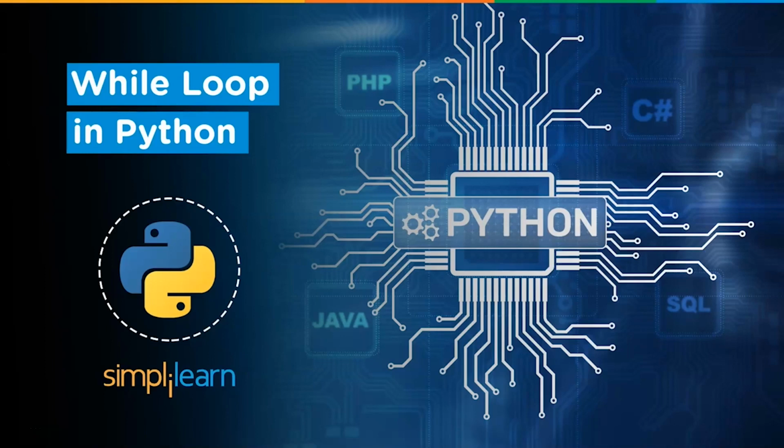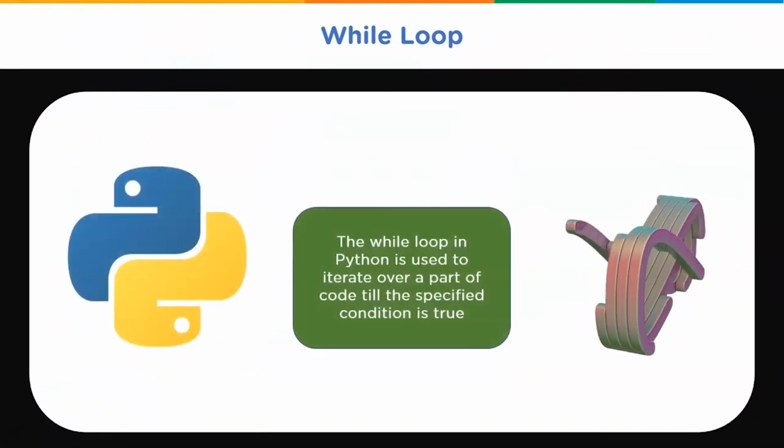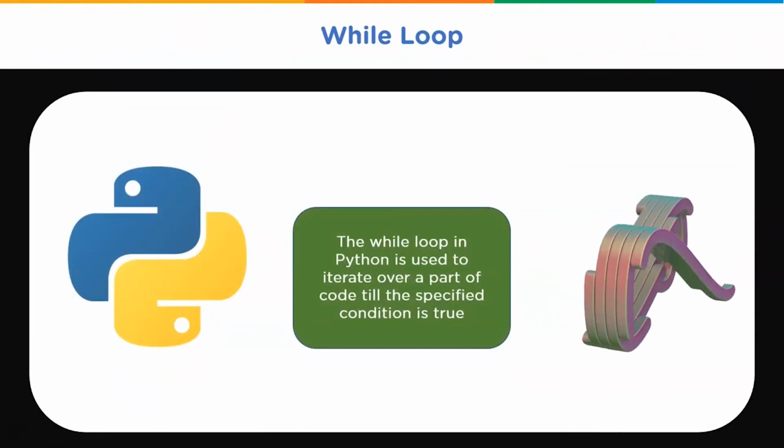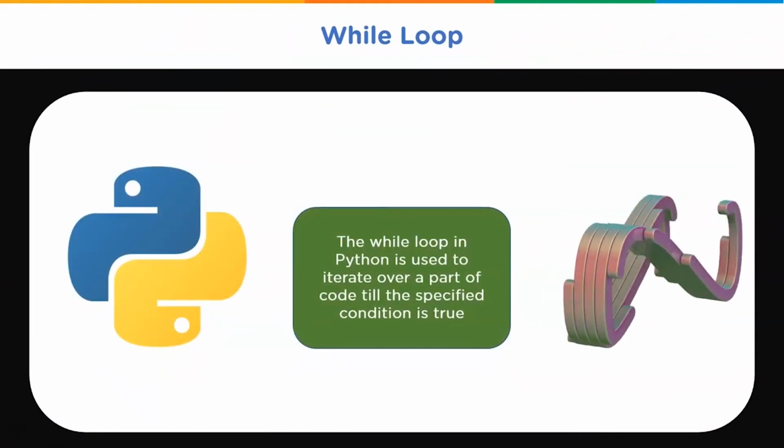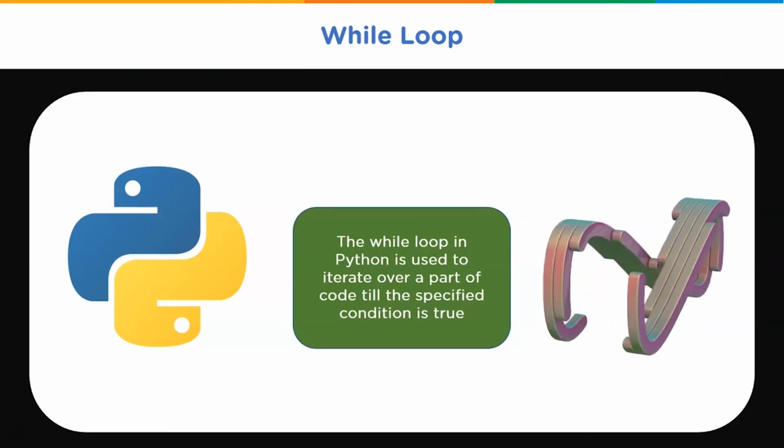While loop in Python. This is going to be an interactive session where I'll ask you some interesting questions related to Python. Please answer them in the comment section and let us know your thoughts. So what is a while loop in Python? A while loop specifies a condition or a block of code that is to be executed until the condition evaluates to false, or the loop is explicitly ended with a break statement.